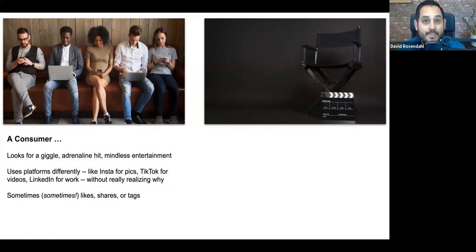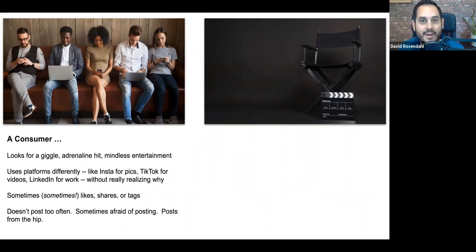Sometimes they engage, maybe they'll just hit a like, or they might even share the content or tag somebody in it. They don't often post all that much. Sometimes, consumers of content are afraid of posting, or if they do post, it's just posting from the hip, or they're ranting about something, right? I'm sure this resonates with many of you.